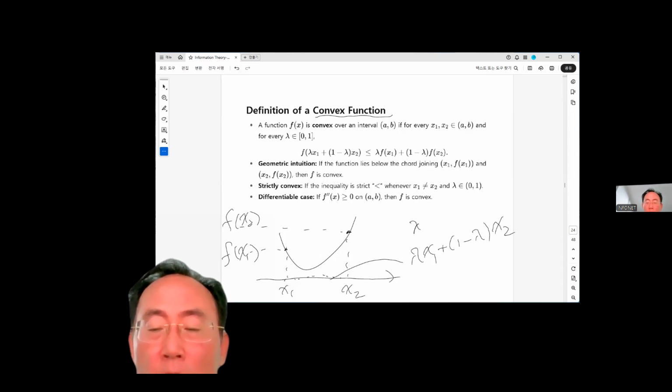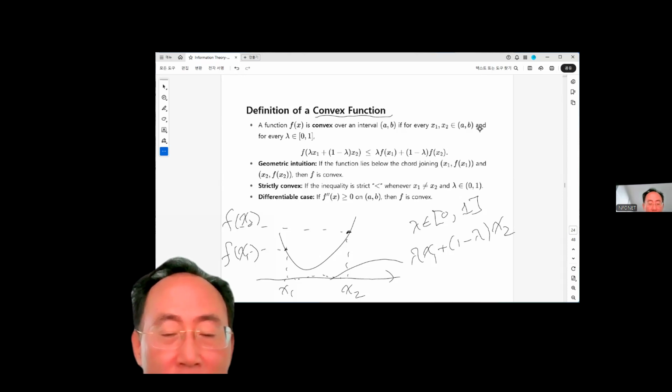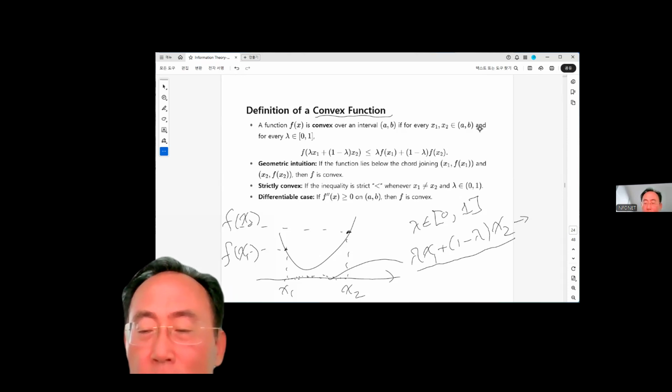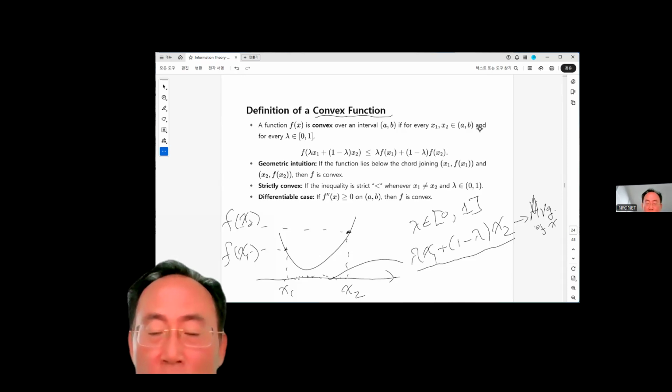Then where lambda is belonging to this interval, right? Then you are talking about x in this interval between x1 and x2. And then if you select that one, now you can talk about, so this we can say average of x. We can say average x, okay? Average x. Then we can talk about function of average of x